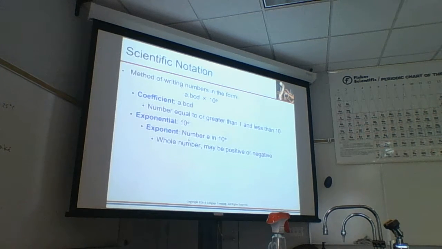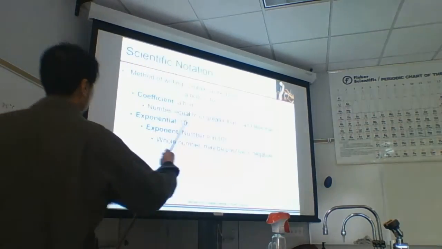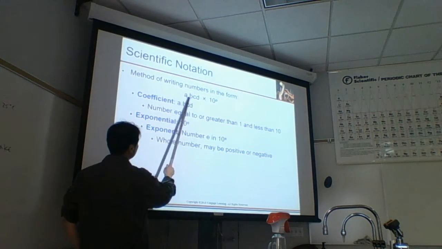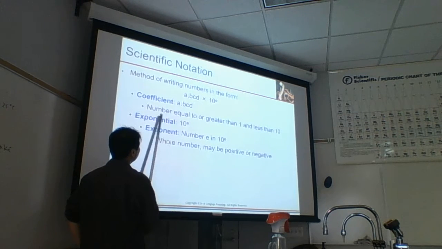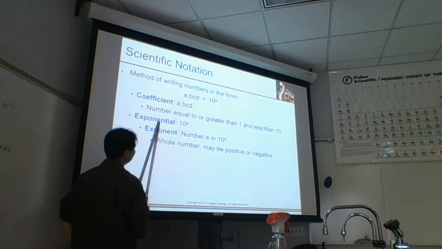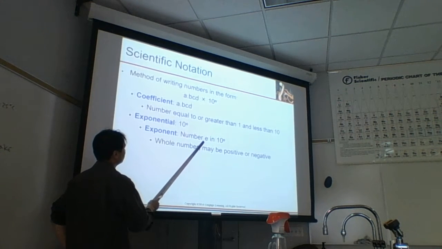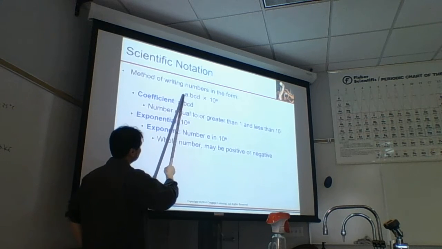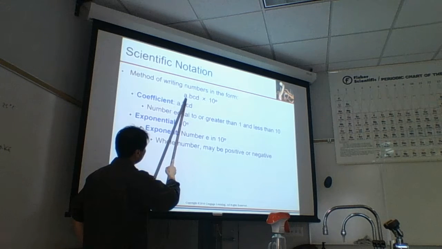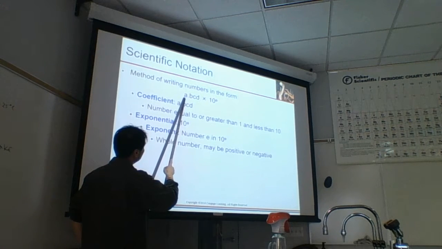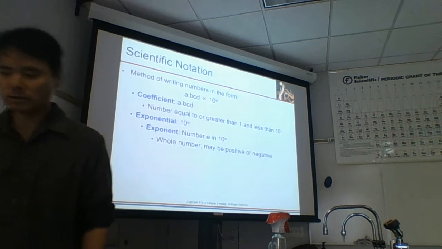Scientific notation. This is also in the math review, and there's lots of reviews on scientific notation. But you know, what do we call this first part here? Coefficient. And then this part's the exponential. And then the exponent. This is a standard form. It's a number between 0 and 10, but it doesn't have to be like 9. Sometimes we express it in terms of 100 or something like that.